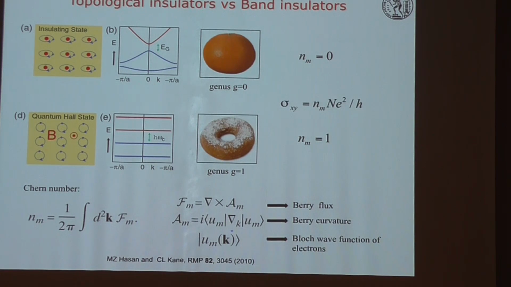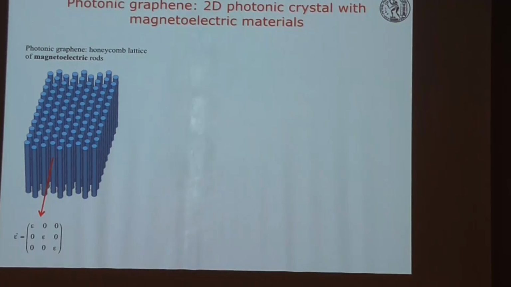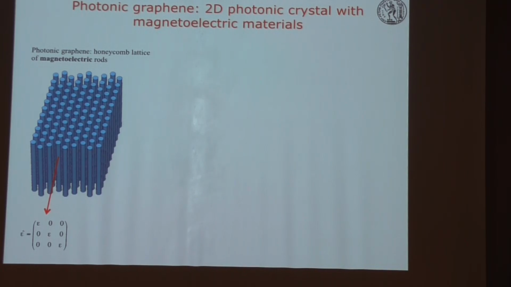So the conductance is dependent on this Chern number. So actually, when the system is topological, it's given as an integer multiple of the quantum of conductance. So an analog of photonic, the first photonic analog of the quantum Hall effect was first